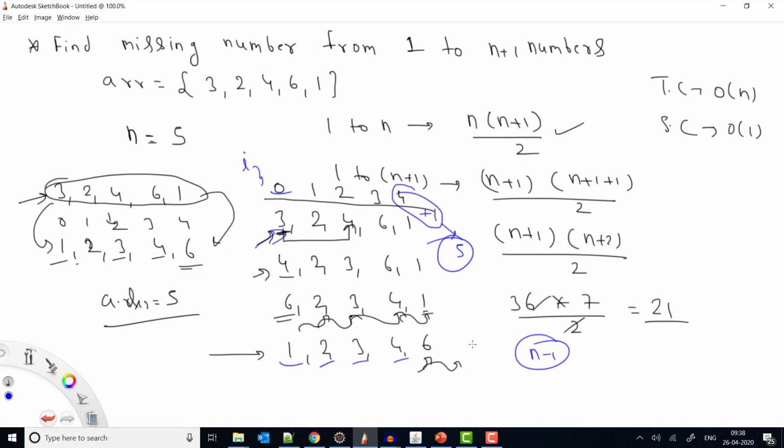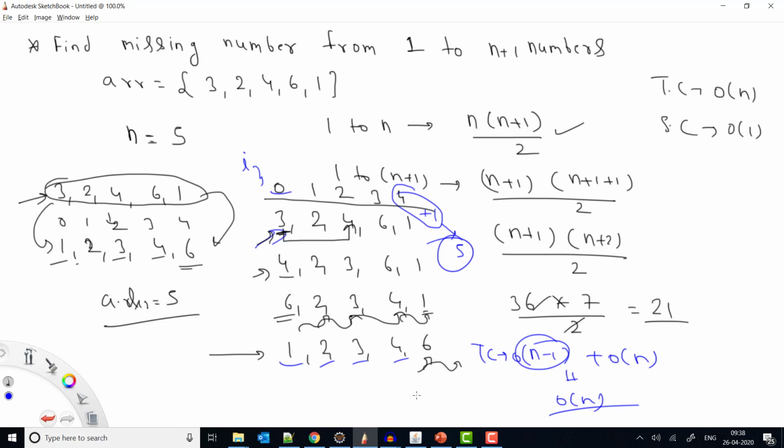So it means that time complexity will be n plus 1. Then we are again checking what the missing number will be. So in this case also we are doing one iteration. But the point is that it will be n minus 1 and O(n). So overall it will be O(n), right? Because though there are two iterations, still we are able to solve it in O(n).